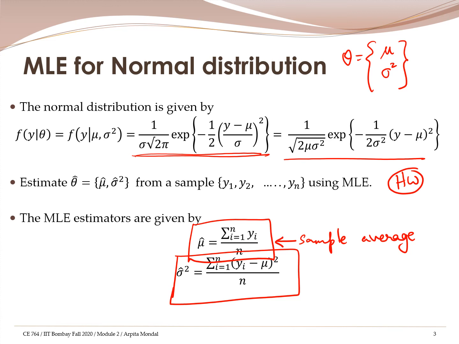However, when we work out the MLE estimators, we see that the denominator is n, and this is because this MLE estimator of sigma square